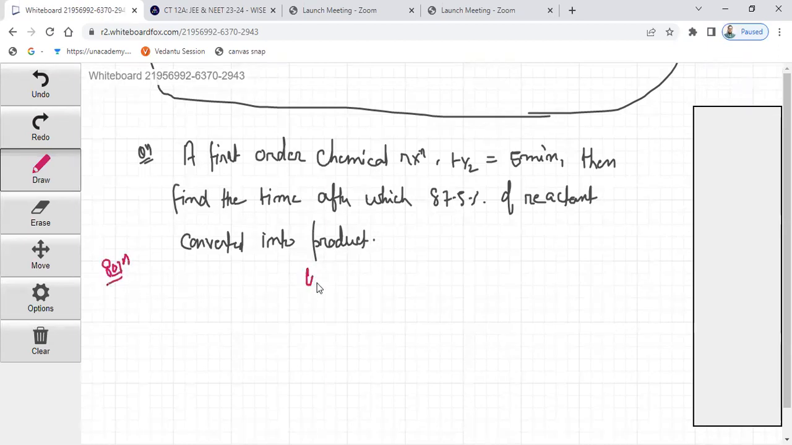And I am giving you some value. Log 2 value will be equal to